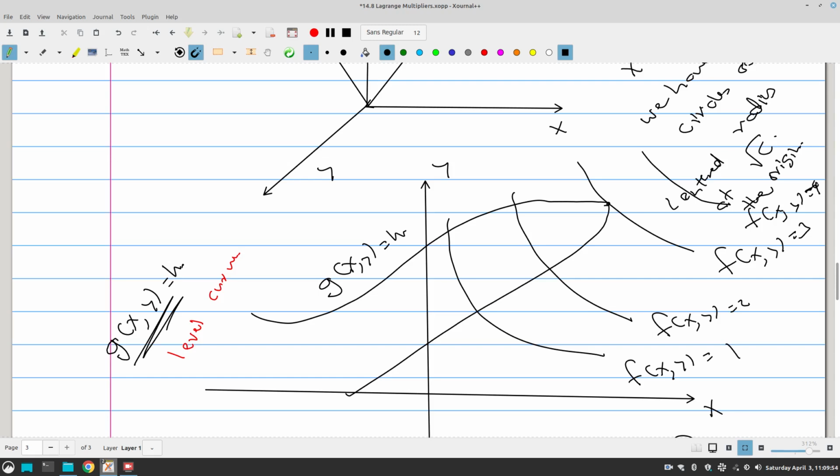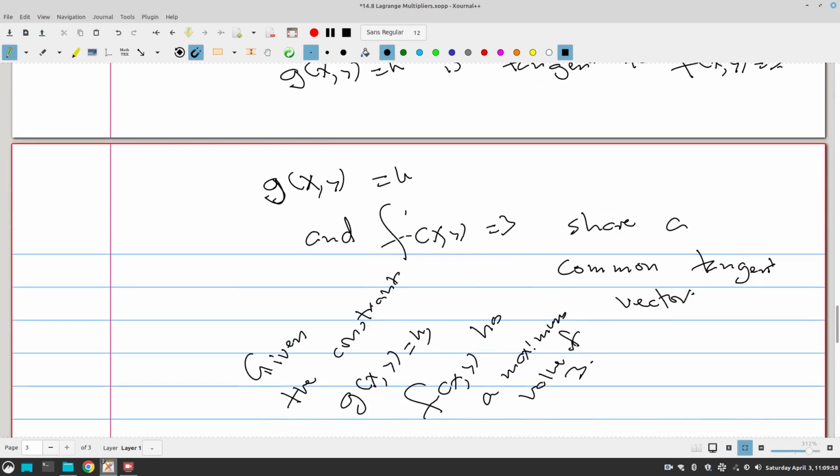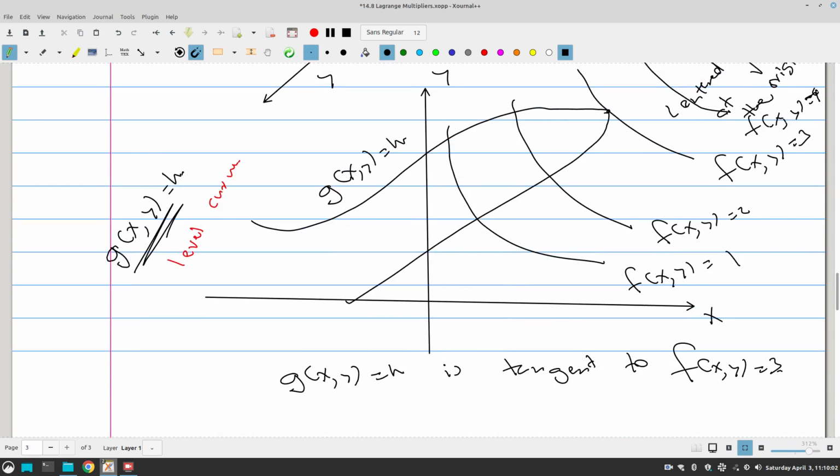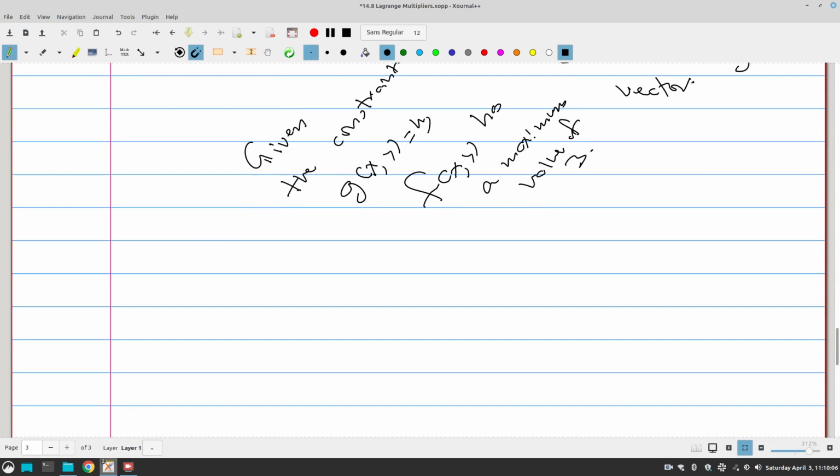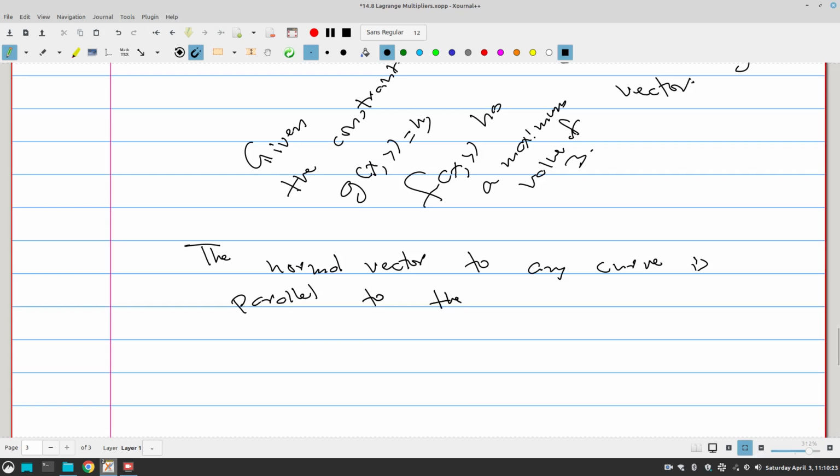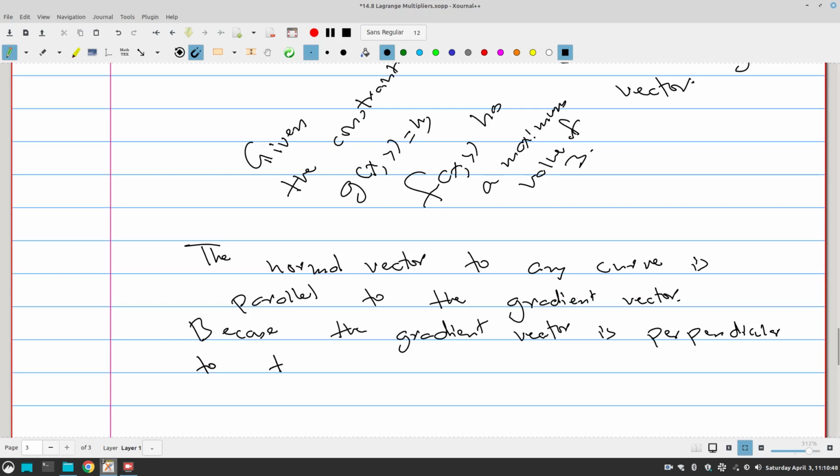And remember that the normal vector to any curve is parallel to the gradient vector, because the gradient vector is perpendicular to the tangent vector. If you recall,